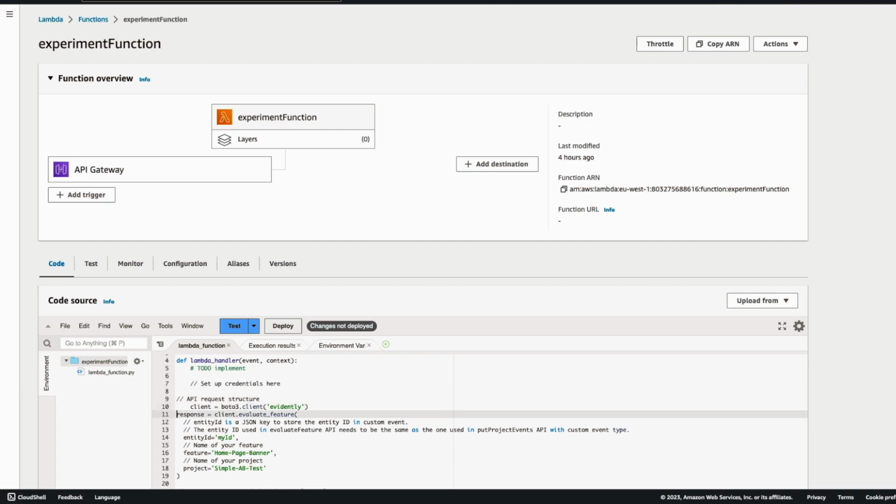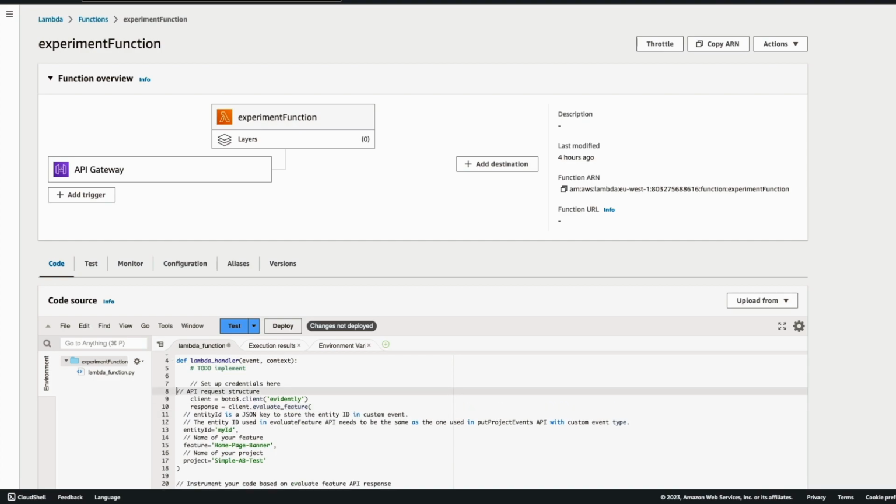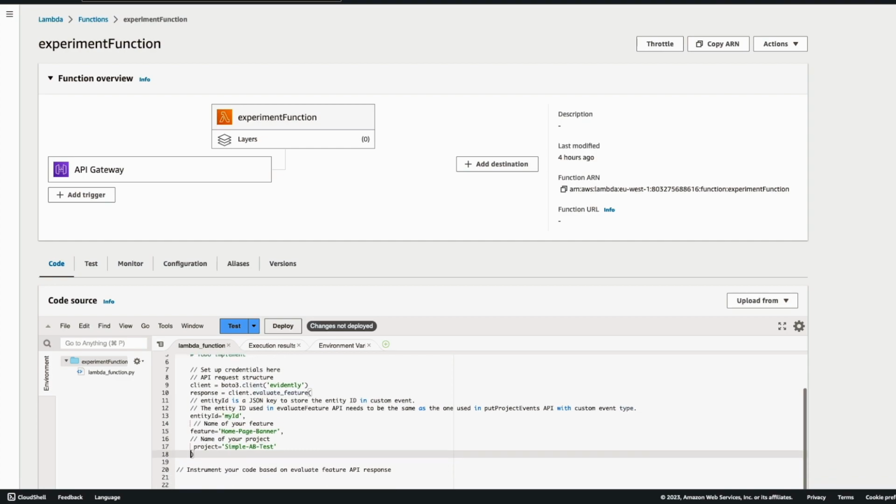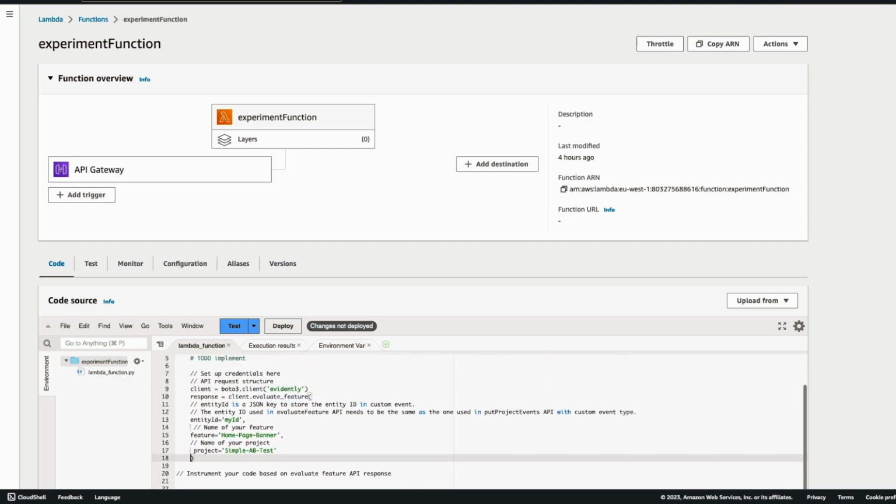Let me just format it, because Python is very different from other programming languages. It needs very strict formatting, because we don't write semicolons in there. One second, let me just fix it. Okay, so now we have the